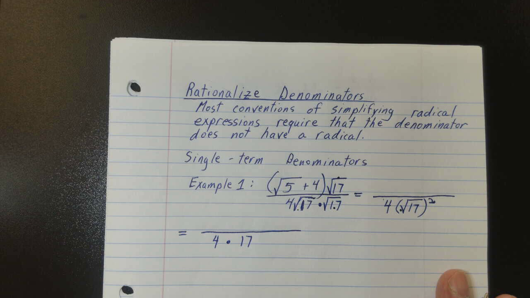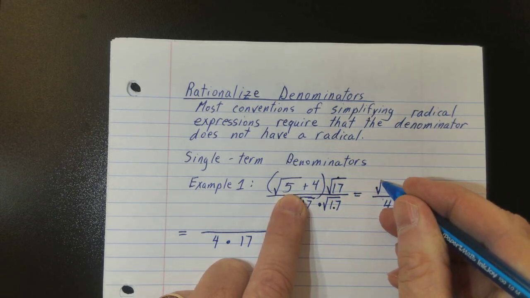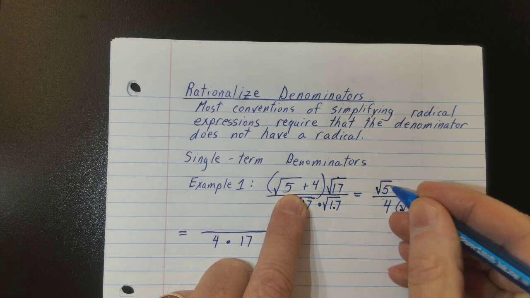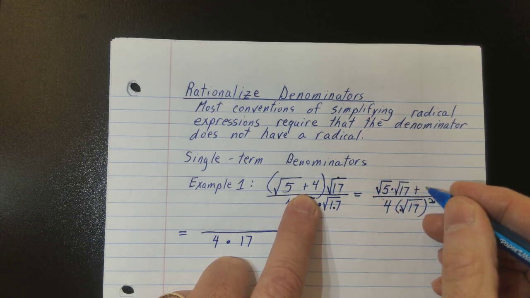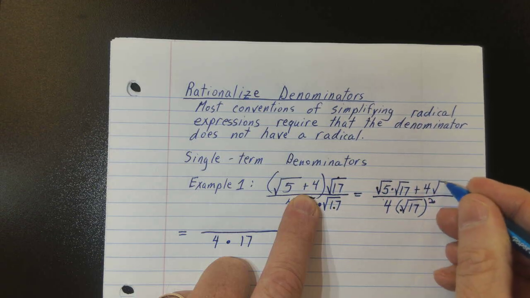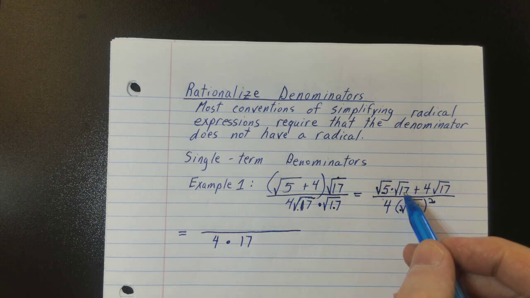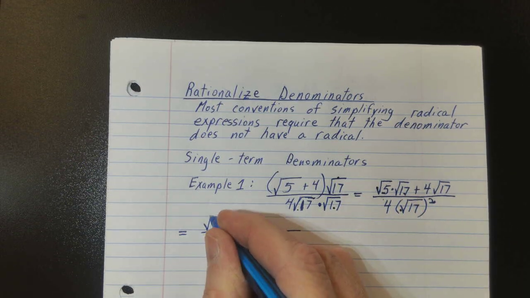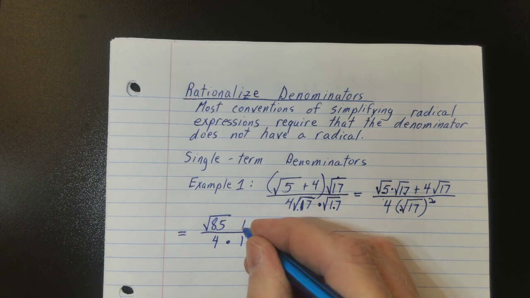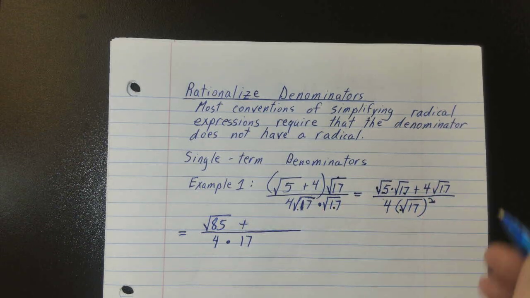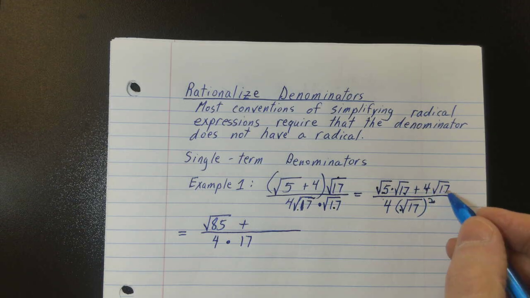All right, well, where do we go from there? We'll distribute the denominator. I got the square root of 5 times the square root of 17 plus 4 times the square root of 17. This top part here is square root of 5 times square root of 17 is the square root of 85 when you multiply those together. And then I've got the integer part and